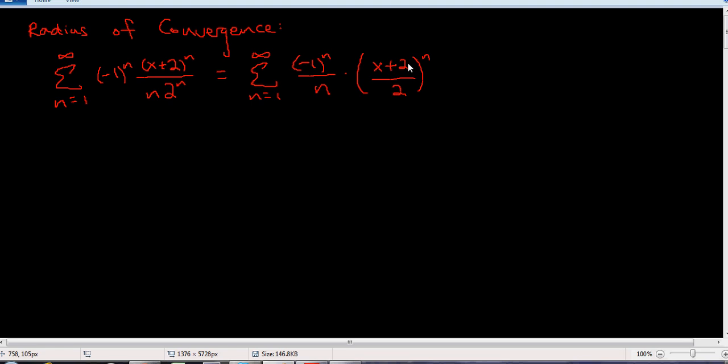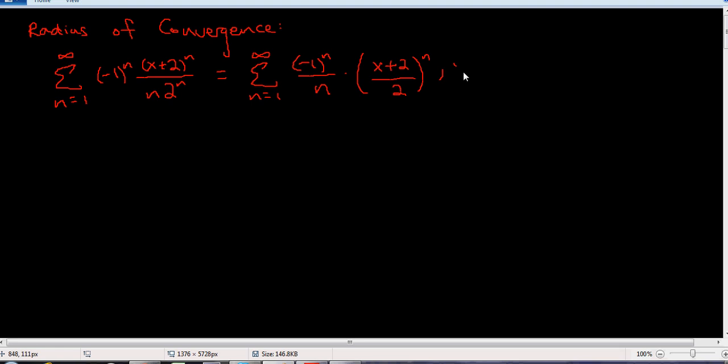In this example, you could actually use the ratio test, but I'm going to use something else just to show you that it's not always the ratio test. But let's get an idea of how this series might work. It kind of looks like a geometric series, but if I plug in, say, a value like 4,